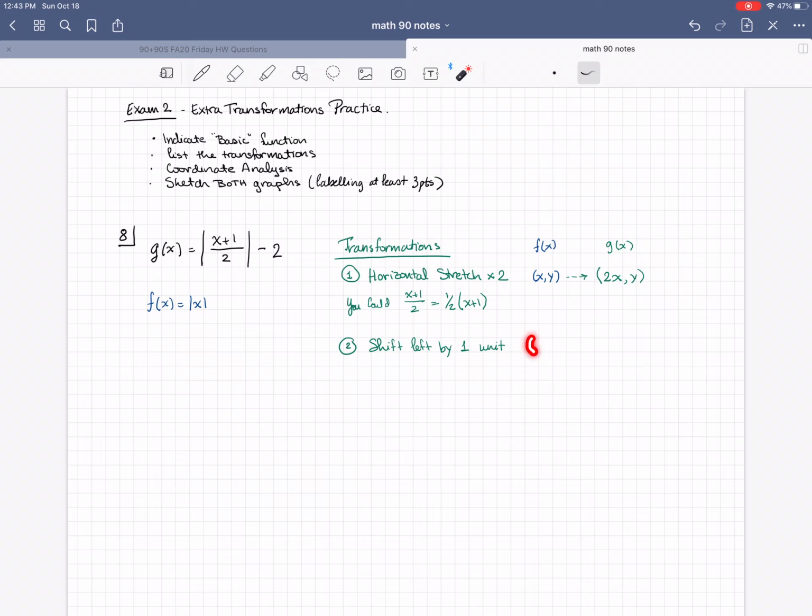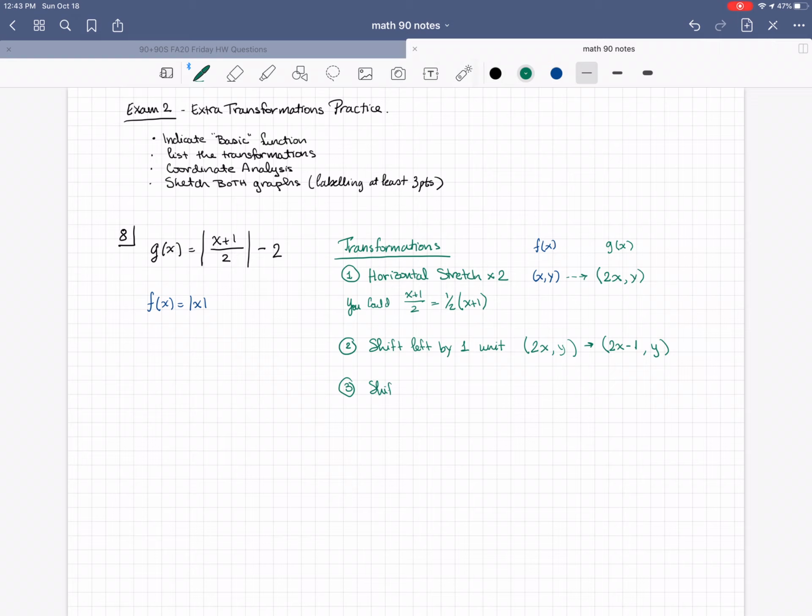Continuing with our coordinate analysis, the shift left is not going to impact our y coordinate. It just stays the same. But it is going to decrease all of our x coordinates by 1. So we'll have 2x minus 1, comma, y. The last thing that we have left is dealing with this minus 2 on the outside. That's familiar. That's a shift